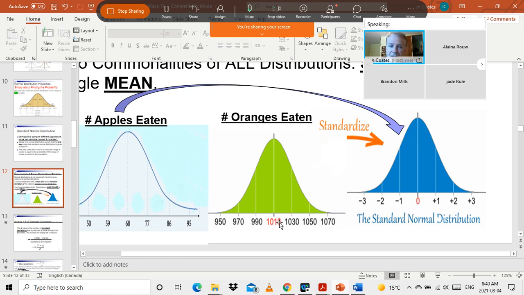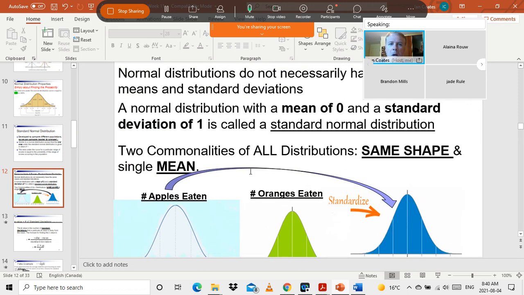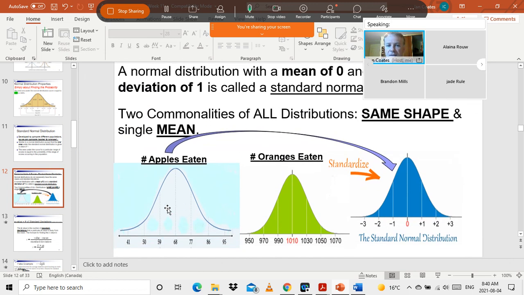So it doesn't matter what your mean is here. I can transform this guy into something that looks like this. And I can transform this guy into something that looks like this. So they both have a mean of 0. Okay? And we can actually compare them now. We'll show you this. We'll show you what's going on. And the ability to transform this guy into this or this guy into this, it's easy peasy using Z-scores,